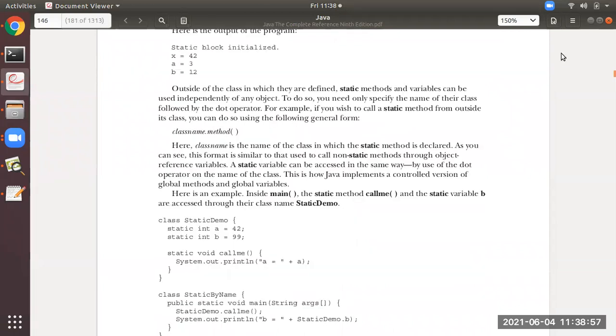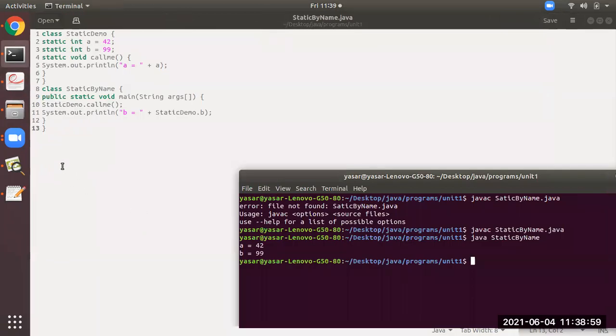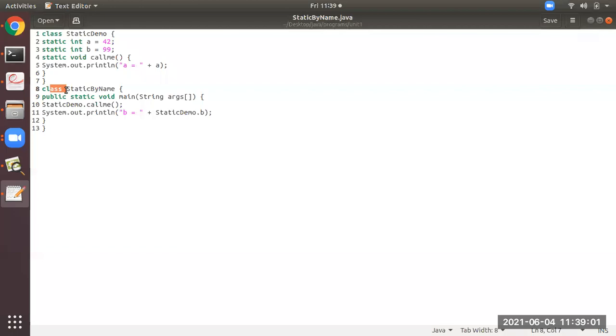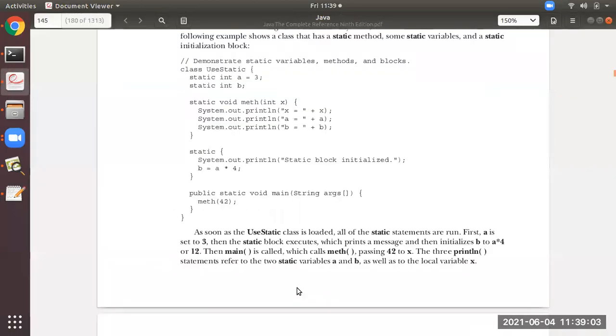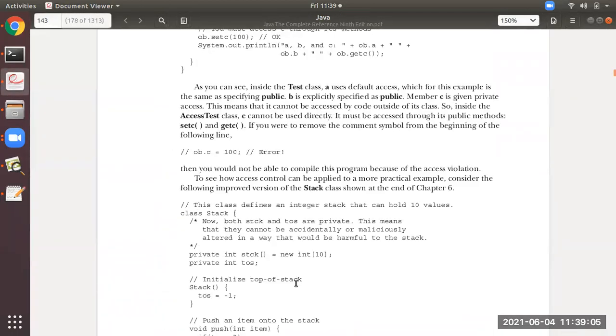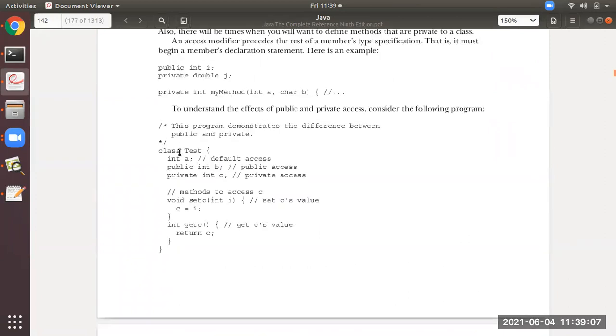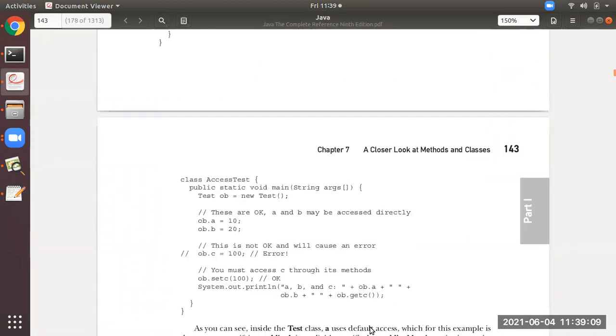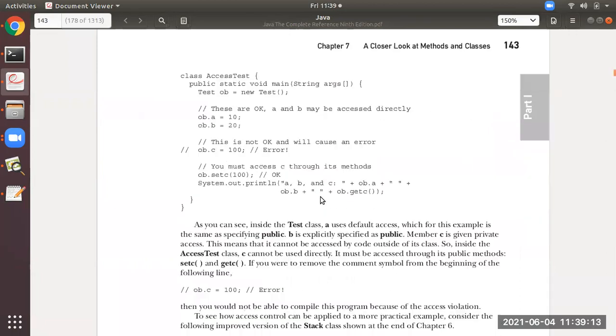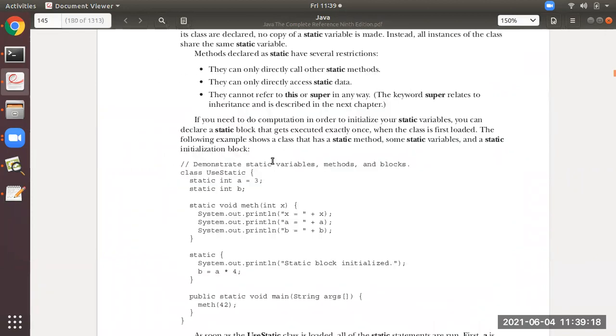This is the point. So see here, in class AccessTest, to access this class, what we have done is we have created an object. With that only you can access.